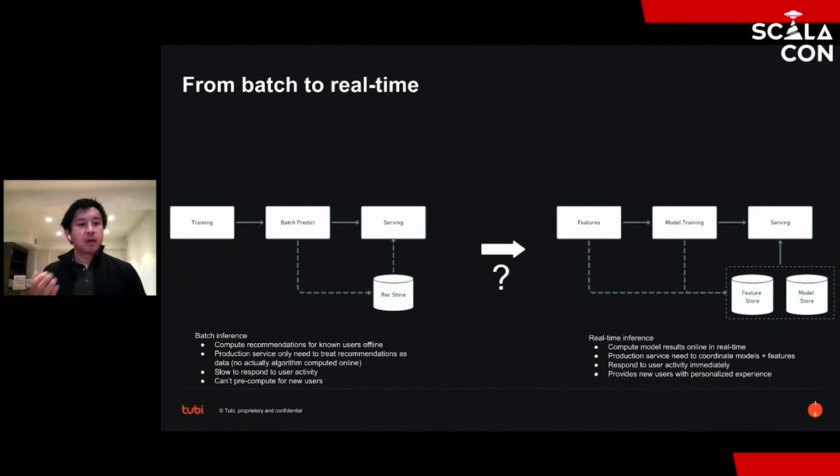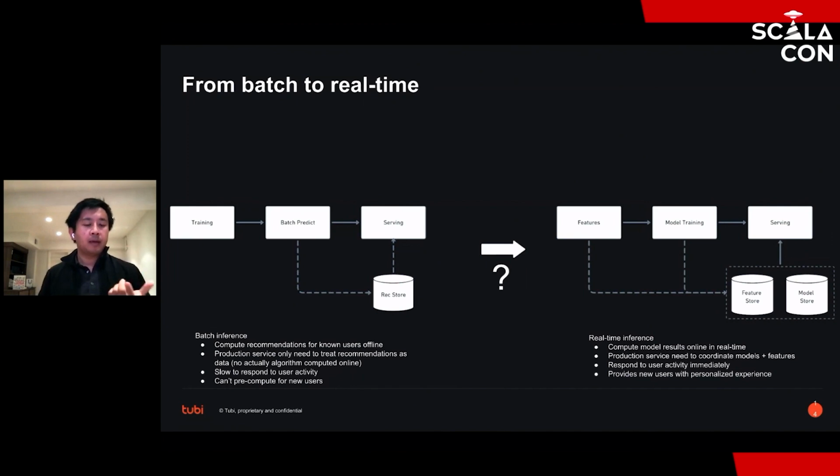But the problem is, one, it's slow to respond to user activity because you can only batch predict it, let's say like once a day. It's also extremely wasteful. So if we're batch, you can't predict who's going to come back. So you pretty much have to just compute it for everyone. But really, you only end up using something like 5% of that data.